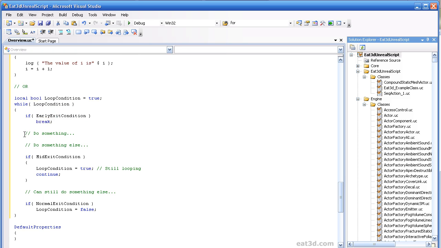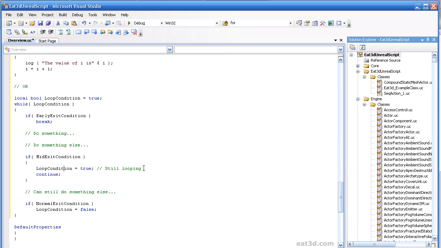So say this is false, we're going to come in, do something else, and then we're going to check, should we exit this loop or should we stop processing the remaining script lines down here and start the loop again. And if so, that would be our mid-exit condition. We're setting this to true more as an example that we're still looping. This would still be true because as soon as it's false, you're going to break out anyway. But the main point here is to hit the continue, which is going to stop execution and start back here at the beginning of the while loop. So we're going to check again, do the same things.